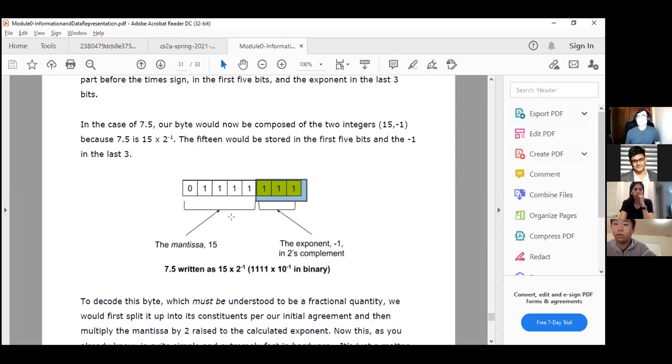Oh, yeah, hi, sorry. I have a question. Yeah, what's up? So why does the right-hand side, the 111, mean -1? Because it tells us it's in 2's complement format. How would you represent a negative number if you don't have a negative sign? We've done 2's complement in the last lecture. It's just the way to represent -1. Oh, okay.